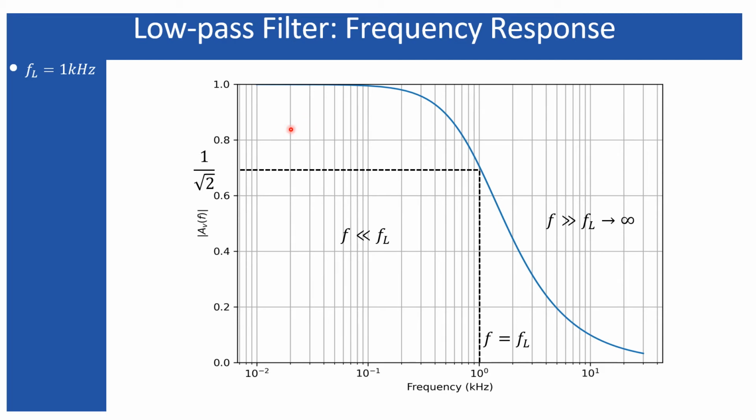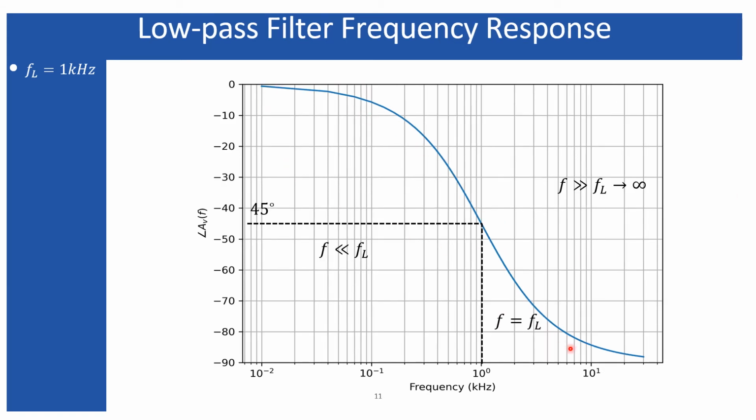The input voltage having a frequency less than the cutoff frequency produces an output equal to 1. That means the output voltage is following the input voltage. But the input voltage having frequencies greater than f equals fl, or greater than the cutoff frequency of the circuit, will have an output voltage which is very much less than the maximum value of the output voltage obtained for f very much less than the cutoff frequency of the circuit.